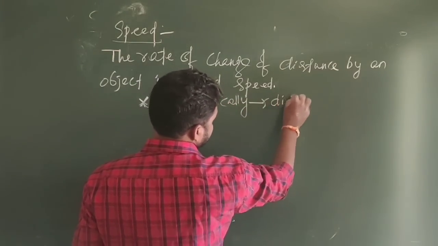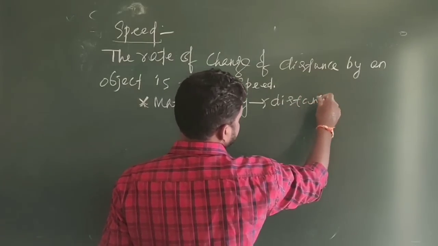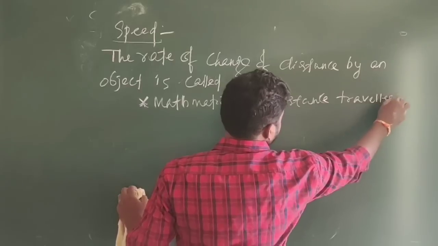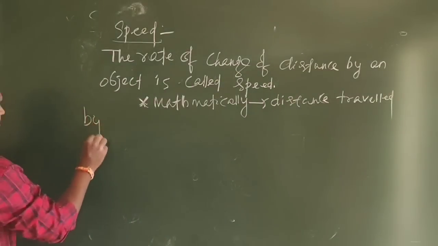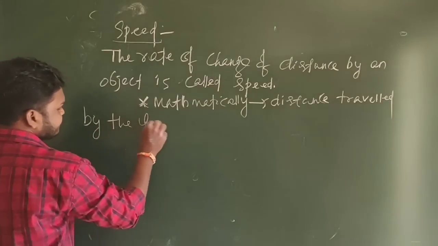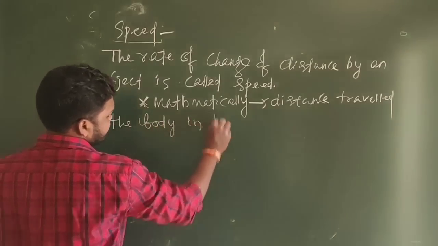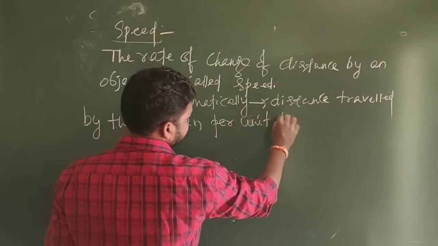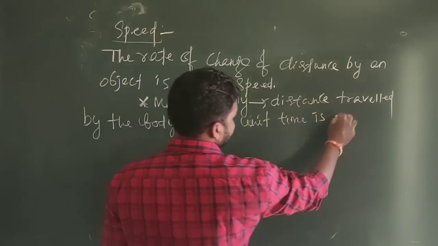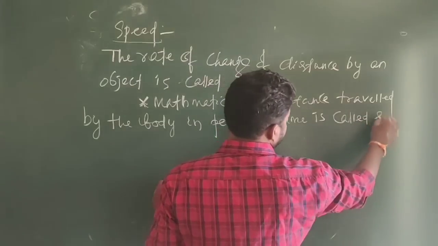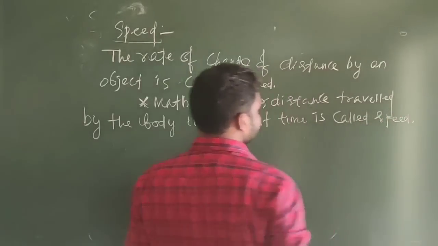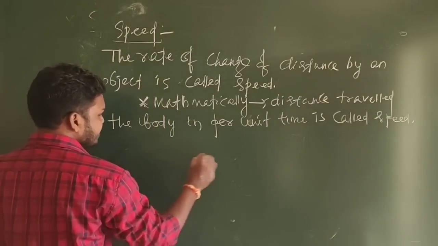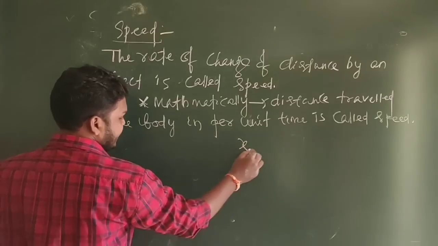distance traveled by the body in per unit time is called speed. That means, suppose a body travels a distance x meter